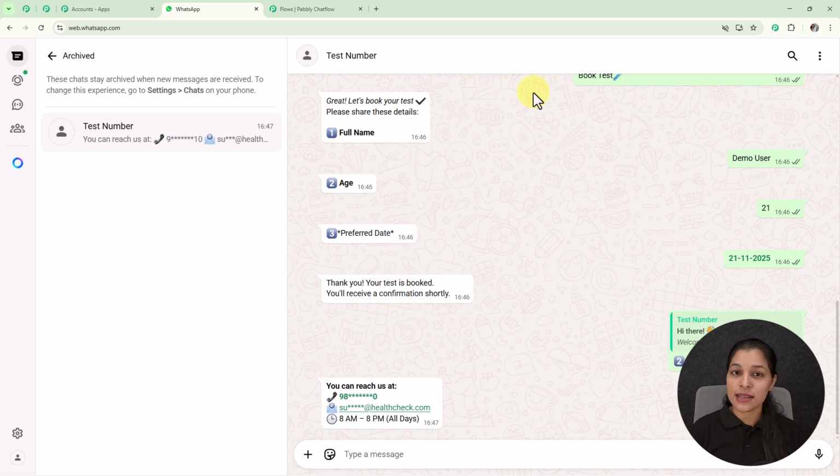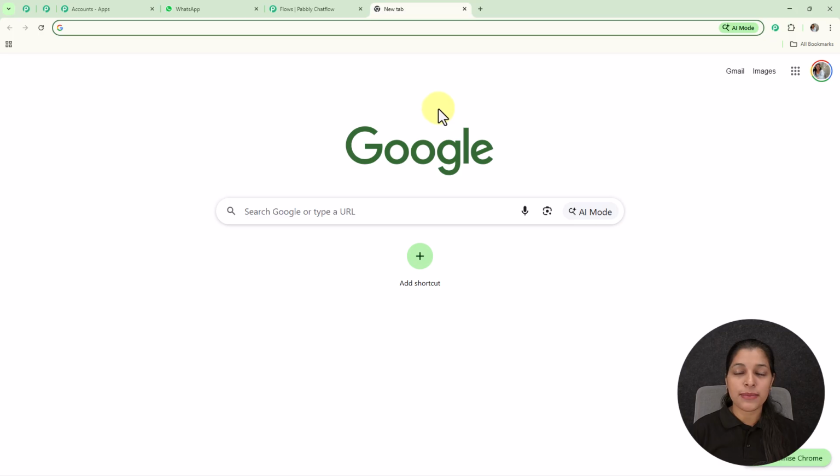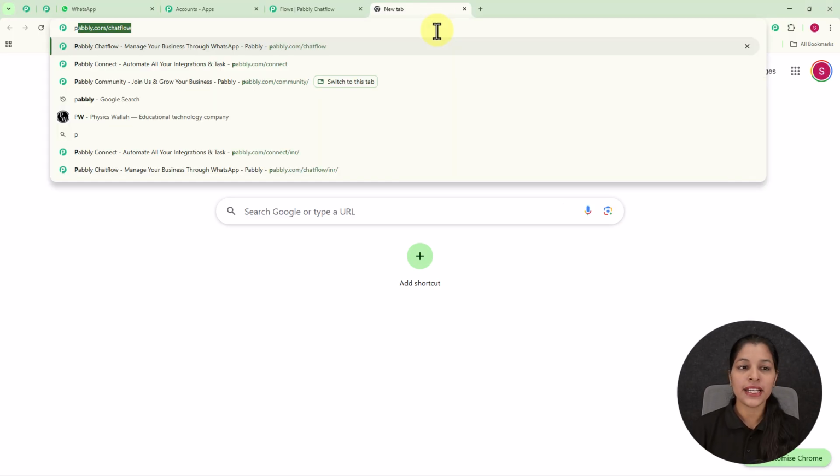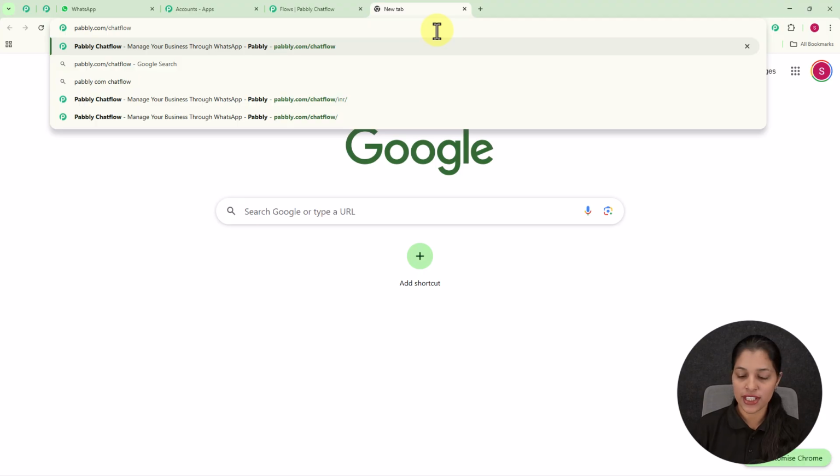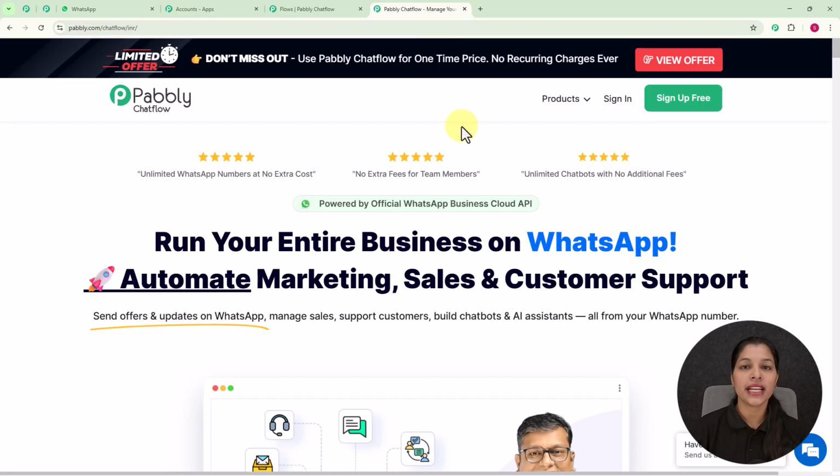For accessing Pabbly Chatflow, you just have to type its URL in a new tab, that is pabbly.com/chatflow, and once you enter the URL, you will get the landing page of Pabbly. Here you can see we are getting two options, that is sign in and sign up free. If you are a new user, you can simply click on sign up free, but if you are an existing user, you can simply click on sign in. If you sign up for free on Pabbly Chatflow, you get 100 free credits every month